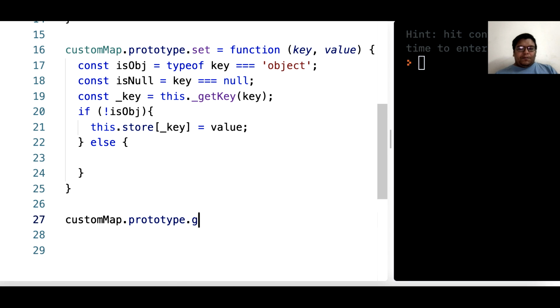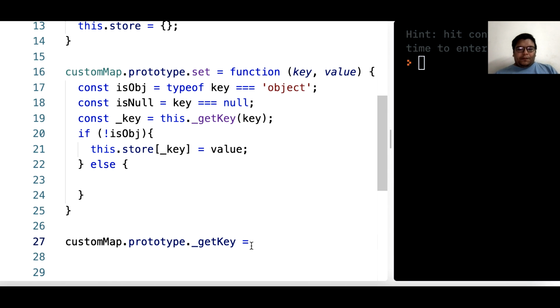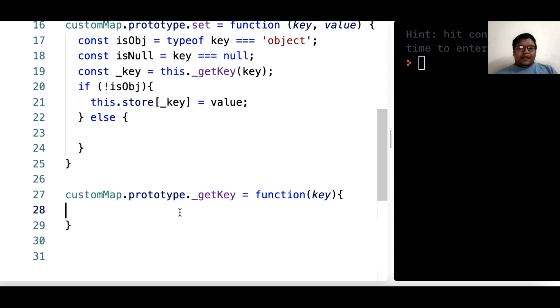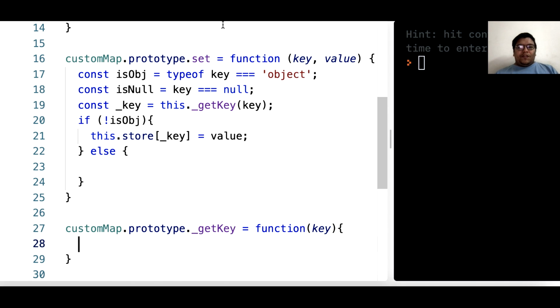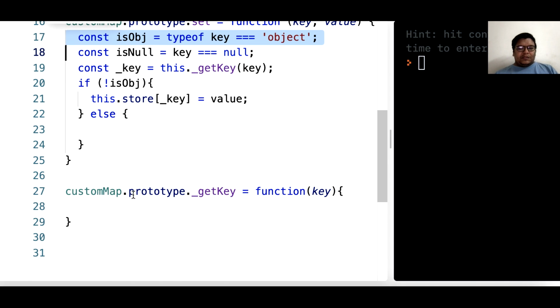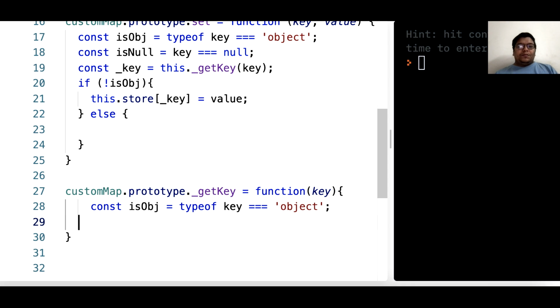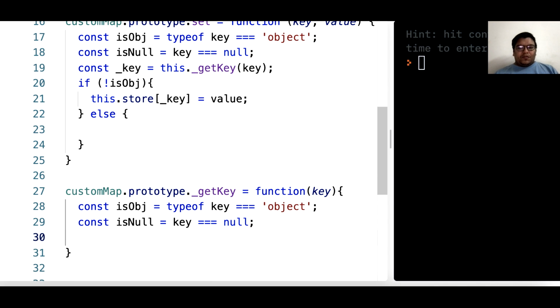So we will implement another function, get key. It will receive a key, and now again we will check if it's an object, and is it null. So we can see what we want to do with null.